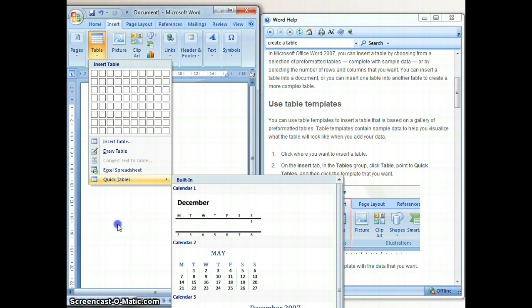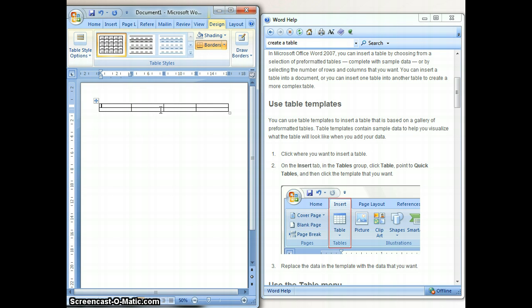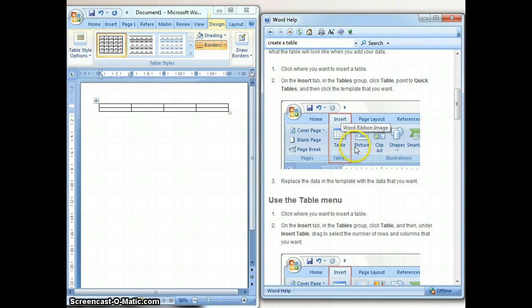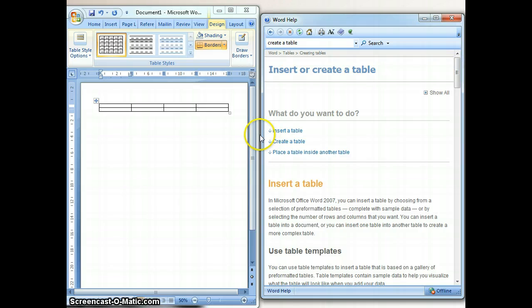Now I don't want to use any of those, but if I click this table feature, this does do what I want to do. This gives me the solution to my problem. I wanted to create a table that had 4 columns and 2 rows. And there we go. I've solved my problem. So I've used the software's help feature to do that. And how does it help me? Well, I've got text, instructional text, and I've got pictures to illustrate how I solve this problem. So that's a fantastic way to get help when using computer software.